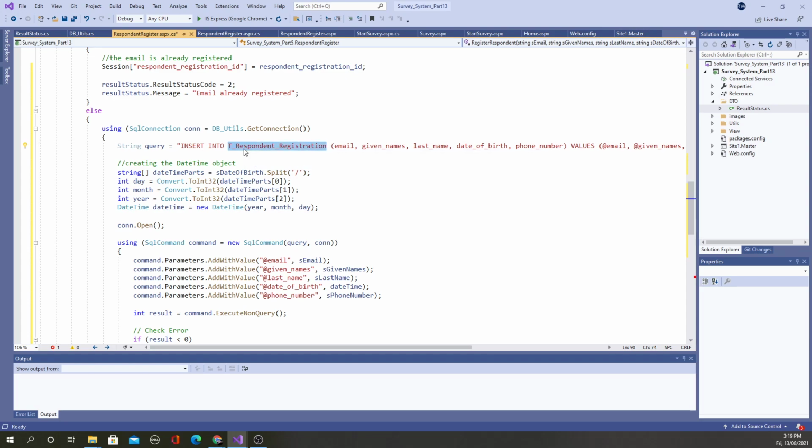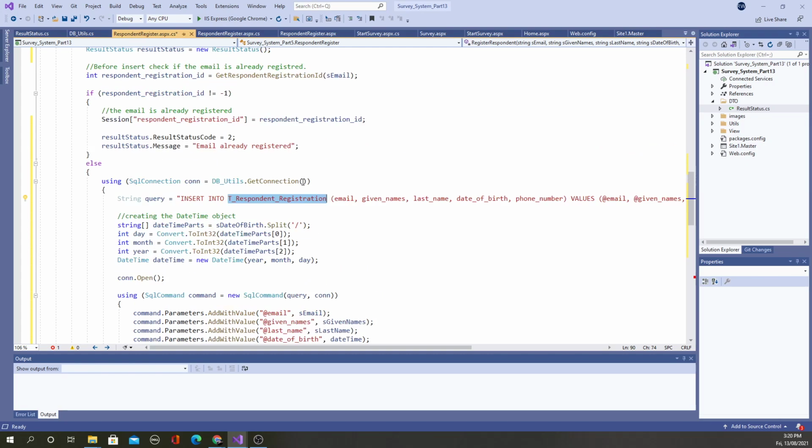When it successfully inserts it, it will get a respondent registration ID, which is auto generated. If you look at the database in the previous lesson in this complete project, you will see once you insert a record into this, the ID is auto generated. The ID in this table is the respondent registration ID.